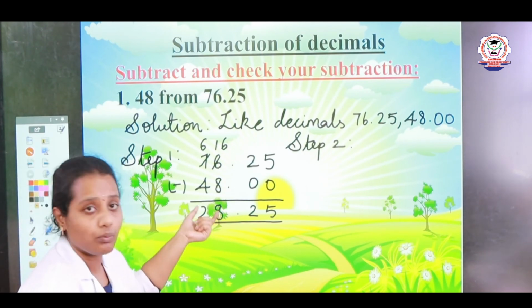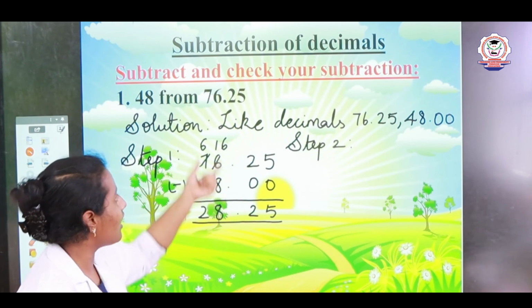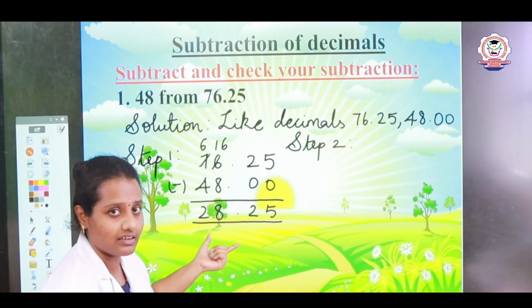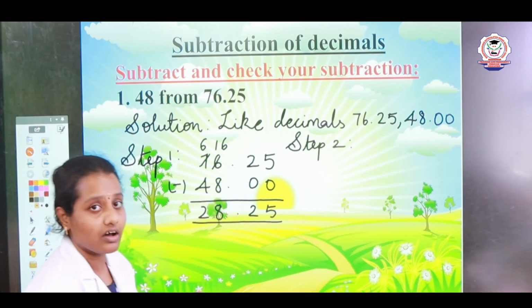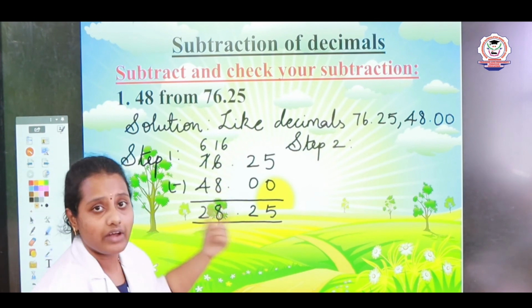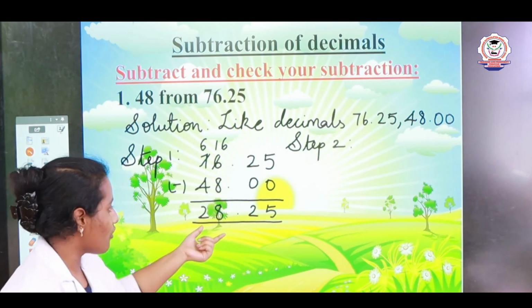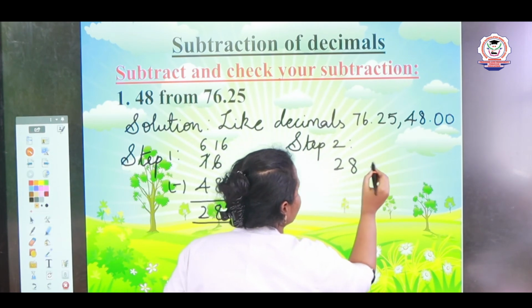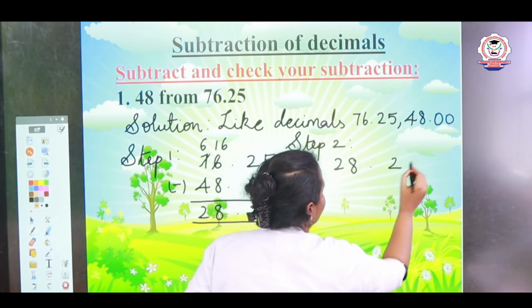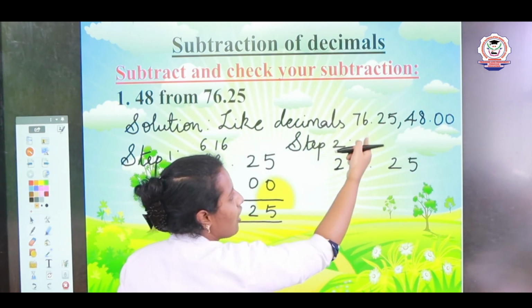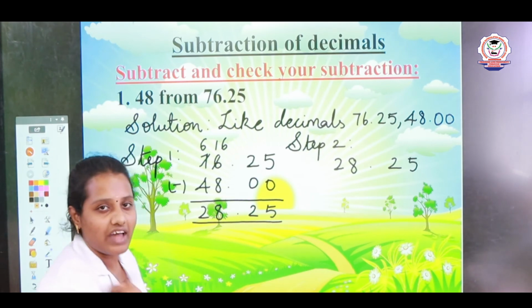So you want to add this answer with the least number of the given decimals. Yes, my dear children, we want to add this number with the least number to get the highest value. If the value is the same, our answer will be correct. So first we want to take the answer we have done before, which is 28.25. And which is least here, 76.25 or 48.00? Very good, it is